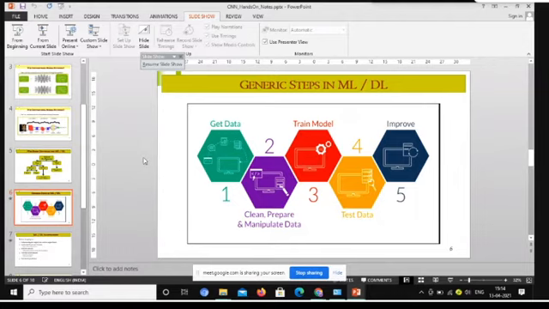First we get the data from the user, and the second step is to clean, prepare and manipulate the data, then train the model, and then test the model.